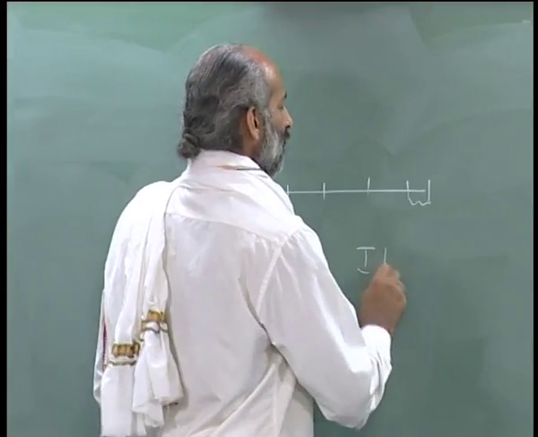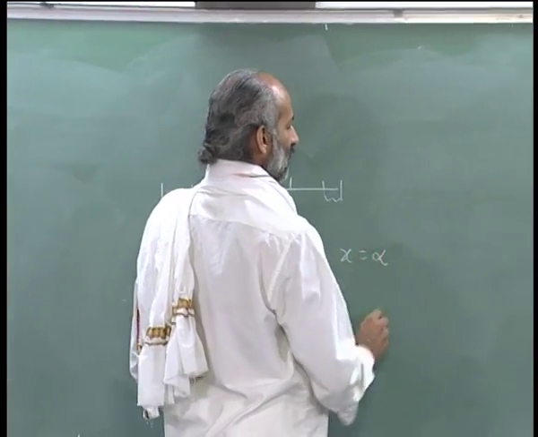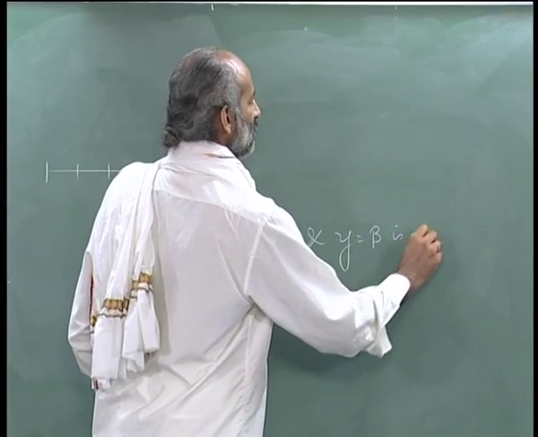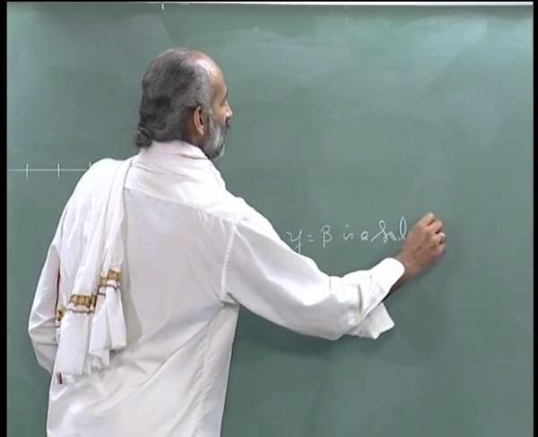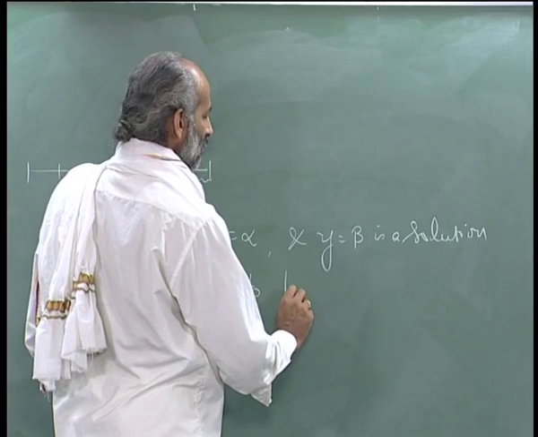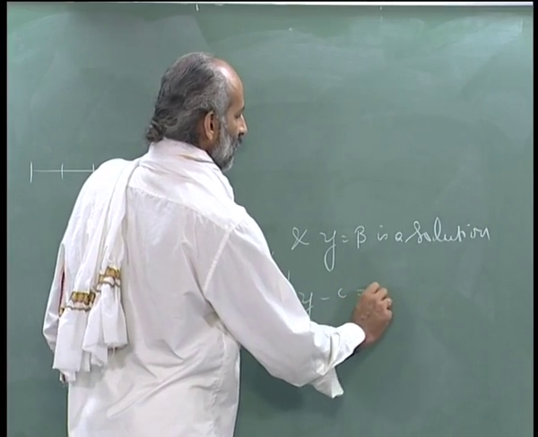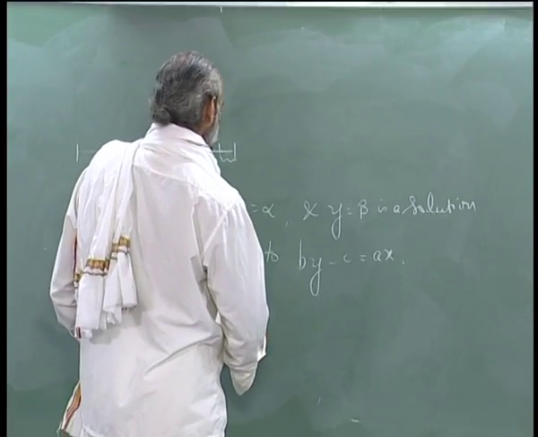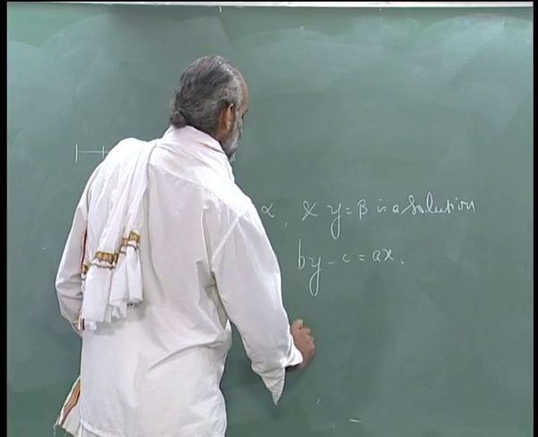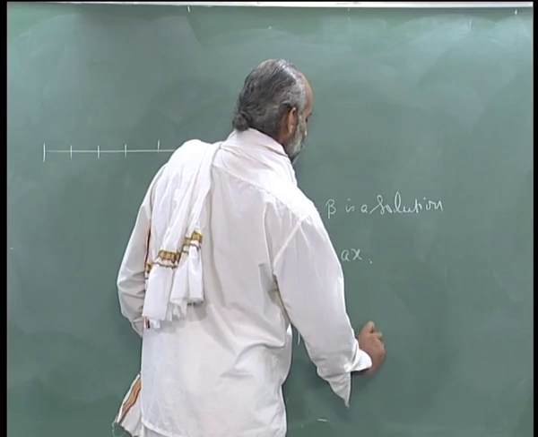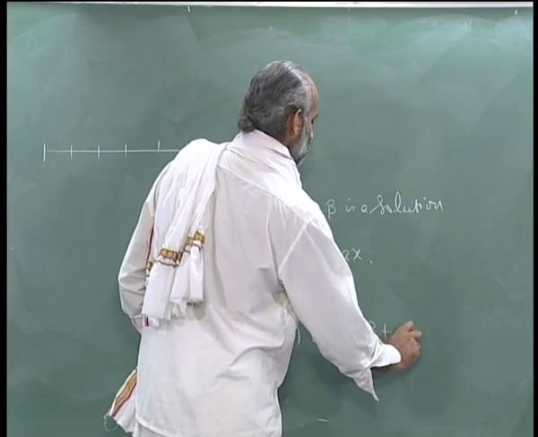See, for instance, if x is equal to alpha and y is equal to beta is a solution to the equation we had, by minus c is equal to ax, then x is equal to alpha plus bm and y is equal to beta plus am